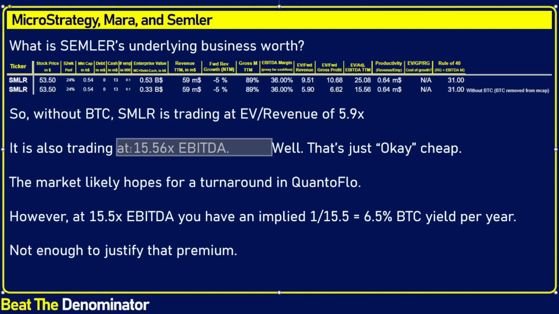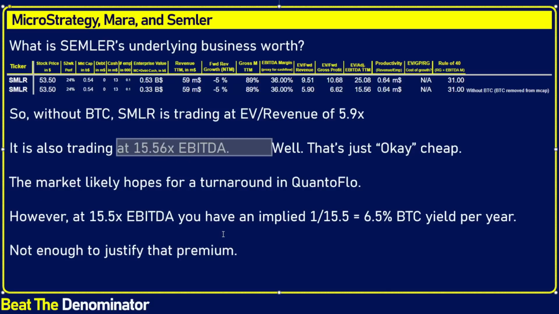I tried to find a sluggish medical device company to compare, and that would be GE as a spin-off for medical device. GE, their sales are essentially really flat. It's not going anywhere, just like Semler, and they're trading at about a 12x EBITDA. So it's a little higher, but that's because the market hopes, I believe, that QuantaFlo will do a turnaround. There's a lot of hope about that, and it's justified by the past performance. So I think that price can be explained by that.